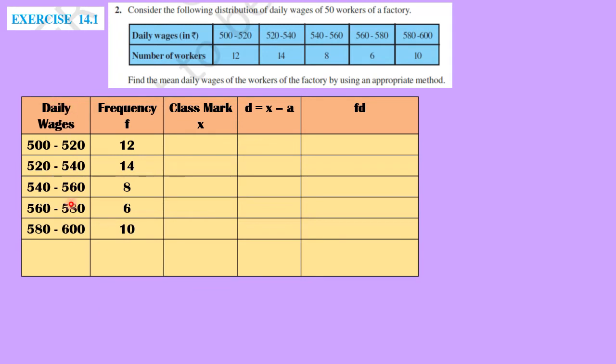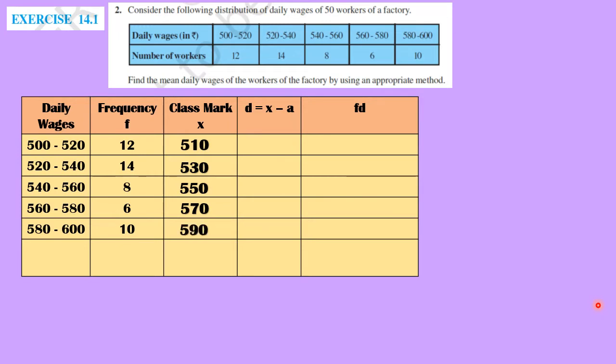So daily wages, the class is given, frequency given. Next, let us find the class mark. Since the class is a little big, the class mark for 500 and 520: the mid value is 510, since 20 is the class interval here and 10 will be the middle. Next class marks are 530, 550, 570,